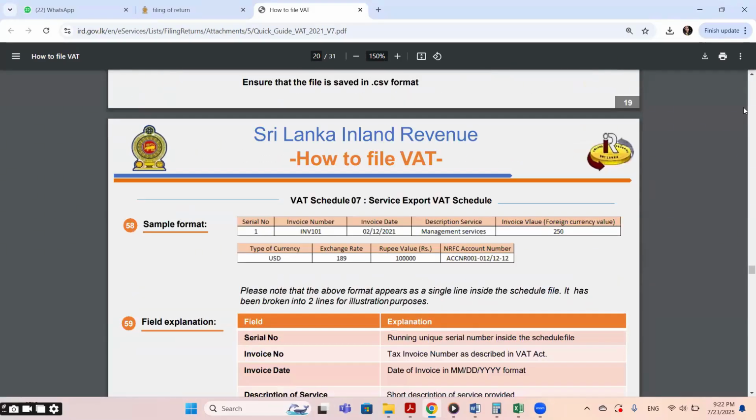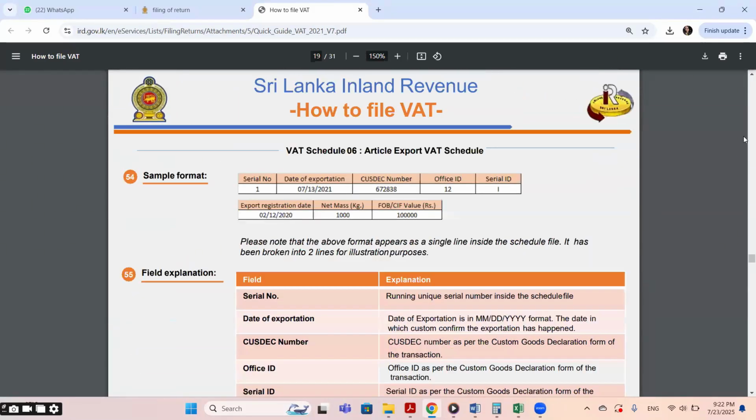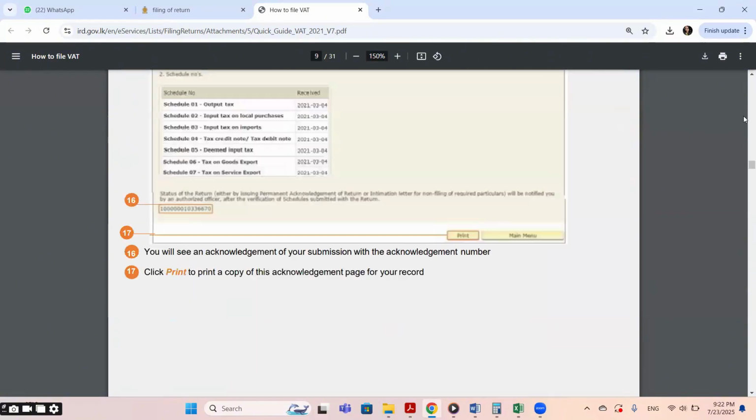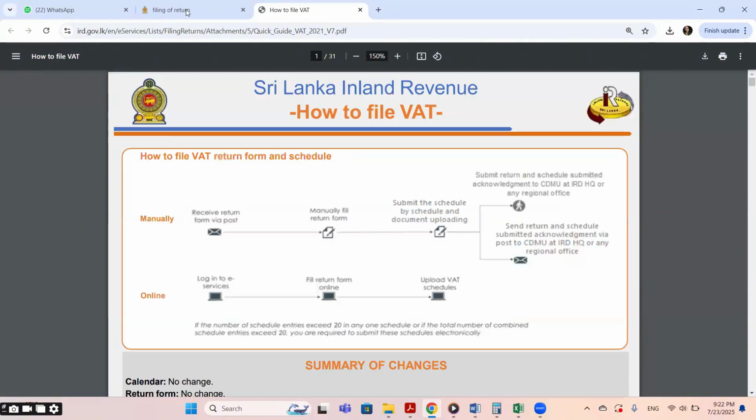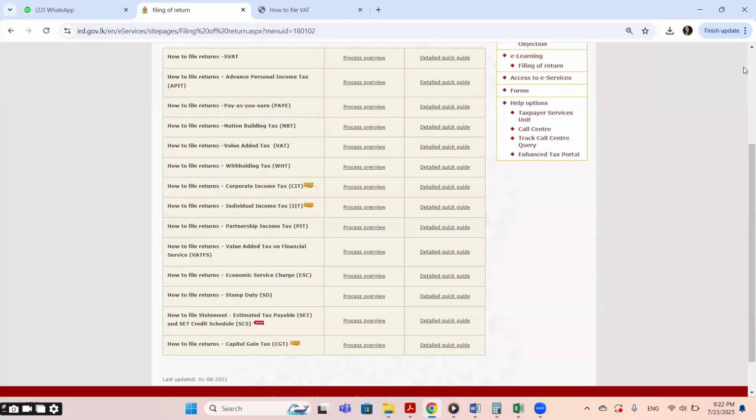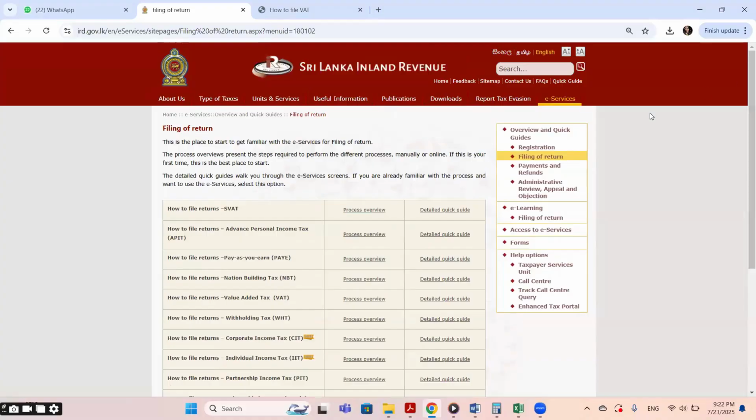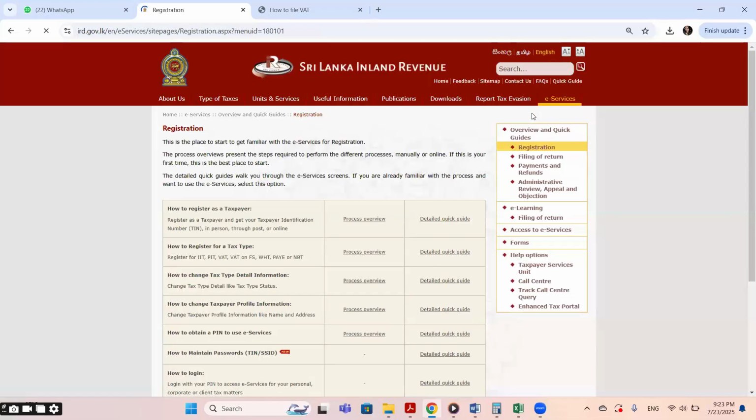So let me show you again. This is the path. You have to open the Inland Revenue website. From the Inland Revenue website, you move to the e-service. Once you select the e-service, there's an overview and quick guideline here. This is the main page for the overview and quick guidelines. From there, we have to select the